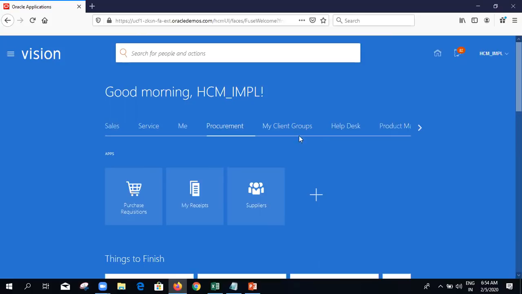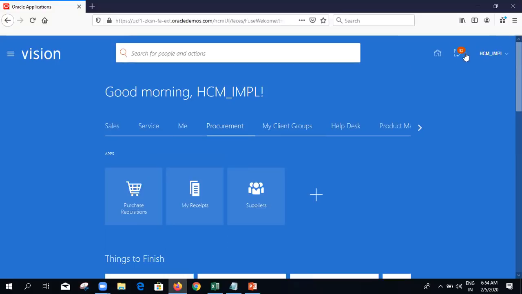Why am I able to see them? For this particular user, I have assigned all the roles. I have assigned the functional roles, the financial roles, the HCM roles, and then the SCM, PPM, every role I have assigned.